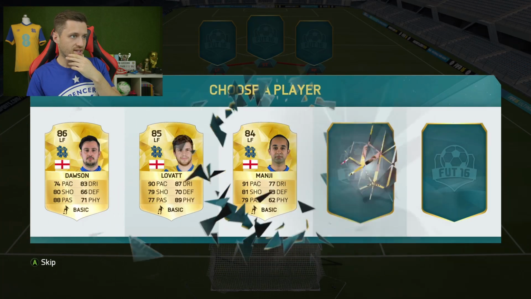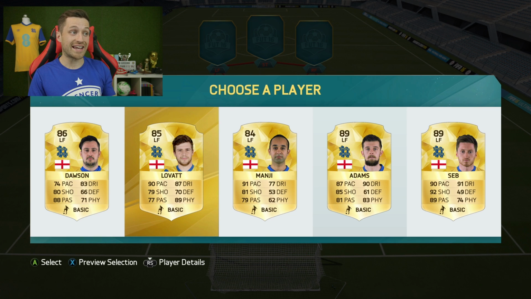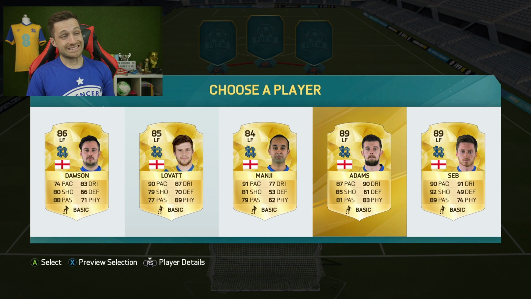Okay, here we go. I can see Dawson again. I'm not surprised he's in there because he's a versatile player. He can play in midfield, he can play further forward. Love it. James Lovett can be dangerous. Faisal Manji. He's got to get in this team, surely, somehow. We've also got Ryan Adams and Seb, though. They tend to start in our strongest team. Can't ignore those boys. I mean, it's actually going to be risky not to take Ryan Adams, but I think